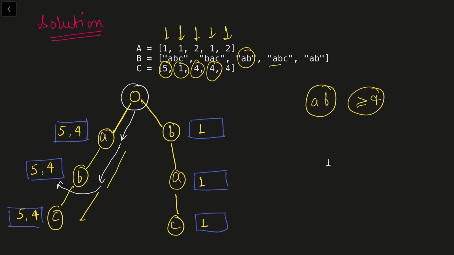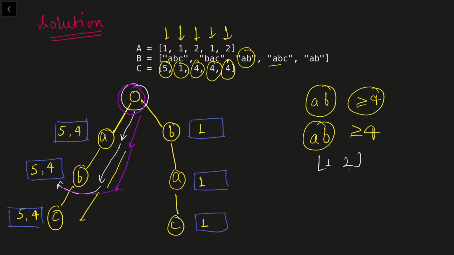After that the fifth query is again of second type and we need to again tell all the values which have a prefix AB and the key is greater than or equal to 4. So I'll again start from the root node. I'll go to the first A and then I'll go to B and I'll count all the nodes which are greater than or equal to 4. So in this case again I'll get the answer as 2. So I need to return this value. So that's how we can solve it quite efficiently.